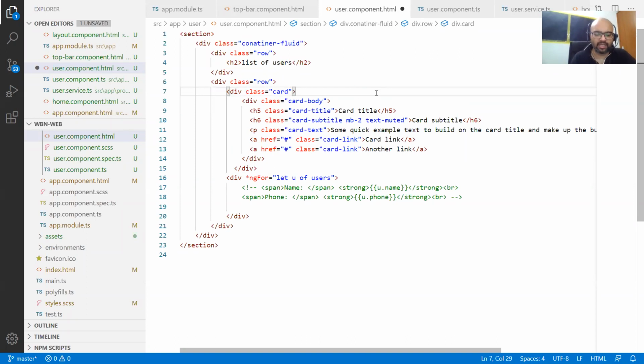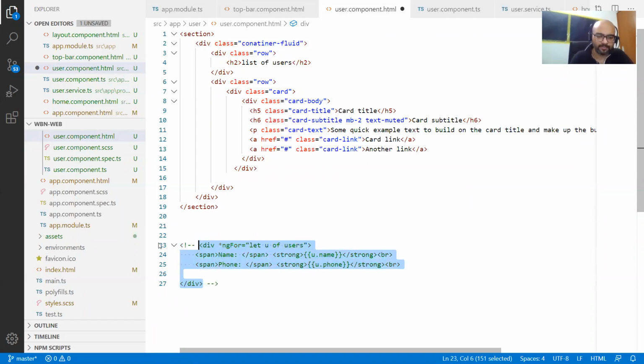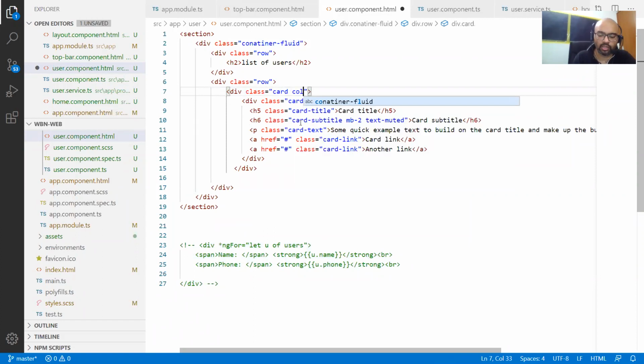So after card, I can cut this and put it outside, it will add confusion only. Comment it. Okay. So let me put a class here itself, column class. I say col-lg-2.